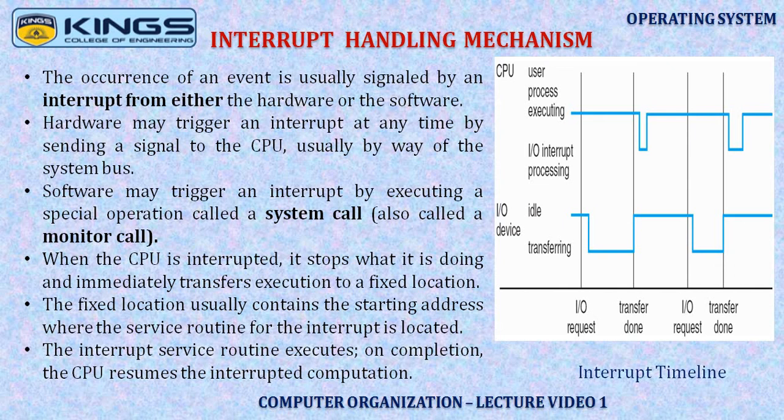The IO request will now be satisfied. The IO interrupt service routine will be executing its task. Once the IO transfer is over, the control will get transferred back to the CPU. The CPU will start its operation once again.